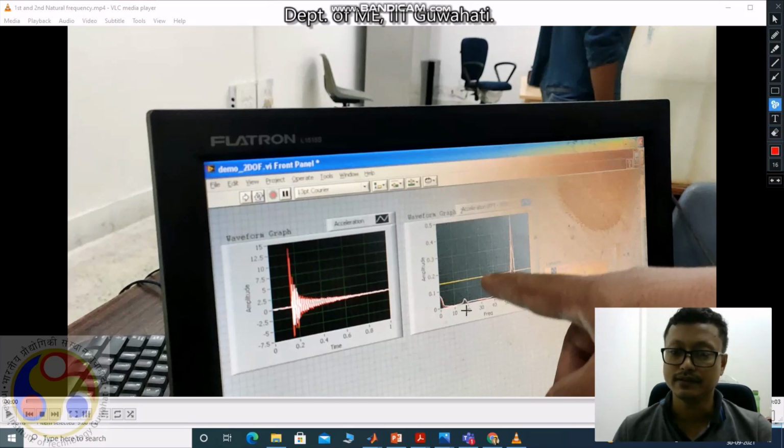This is the first natural frequency. Then this is the second natural frequency for the second mode shape. Okay. Now from the peak we can directly get the amplitude value for the second natural frequency, and this is for the first natural frequency. Already we got last time 16 hertz. Okay. Now the phase difference between the two signals, we are now going to calculate.